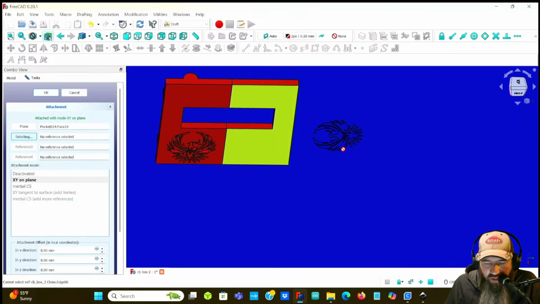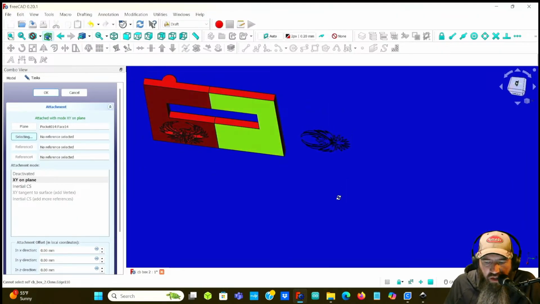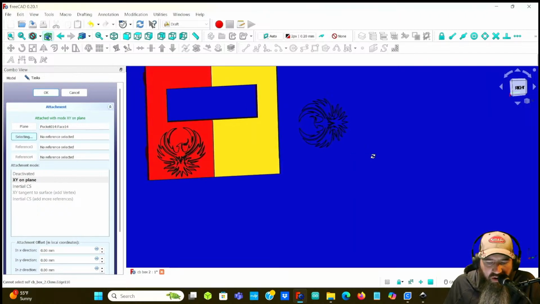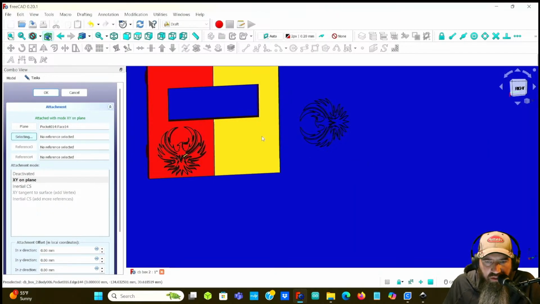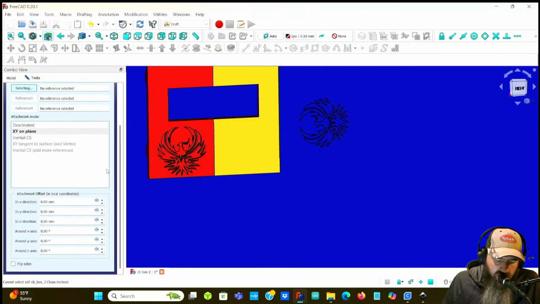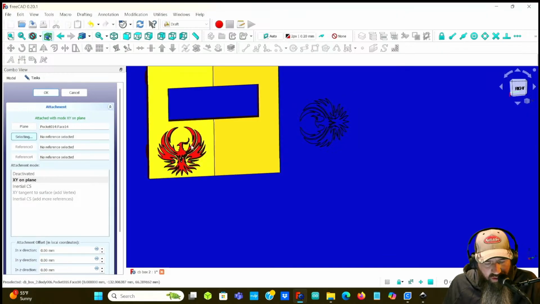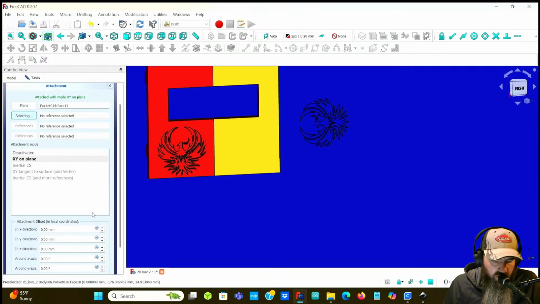Now the problem is you see how it is? It's like it's flat there, but I want it to be like this, not like that. So before I do anything, I think we could just push OK here and move it later. In fact, let's try it that way, because before I moved it in here. So you just go down here